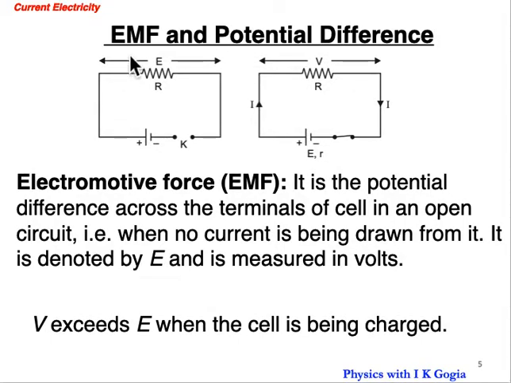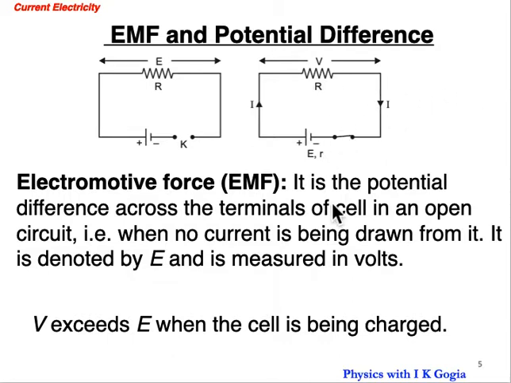Another important point which we want to discuss in current electricity is electromotive force of a cell, the potential drop or voltage across a cell, and its internal resistance. We'll also talk about the relation between E, V and the internal resistance. There are two circuits shown. In the first circuit, you can see the key is open, so obviously no current will flow here. Whereas in the second circuit, the cell is in use and we are using it to pass a current I through an external resistance R as is shown.